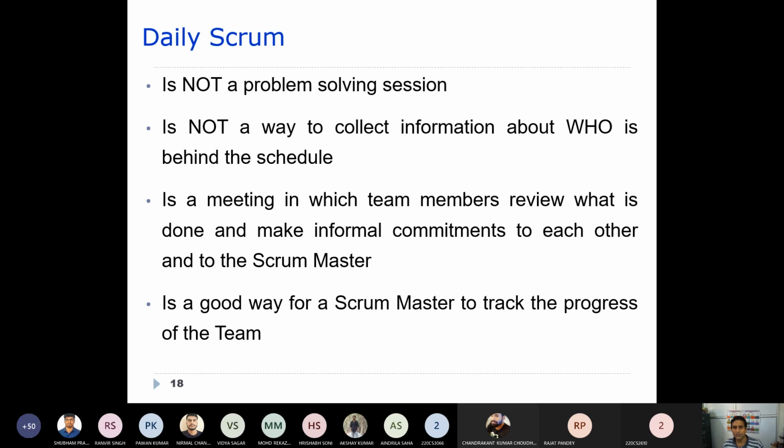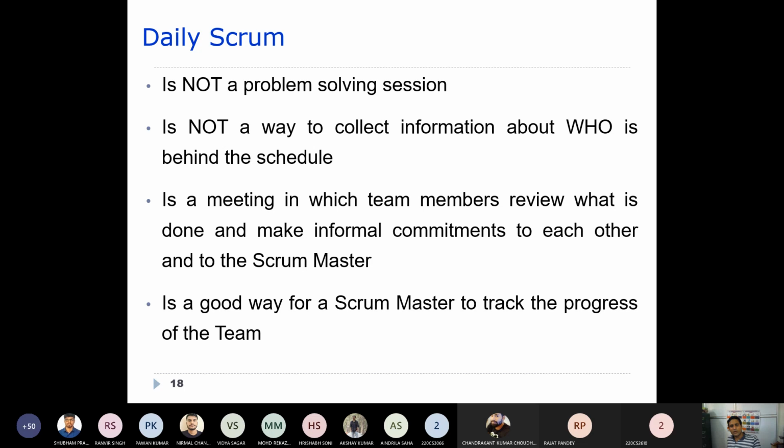It is a meeting in which the team members review what is done and what informal commitments they make to each other and to the Scrum Master. During this meeting, we try to review which person is committed to carry out a particular task.